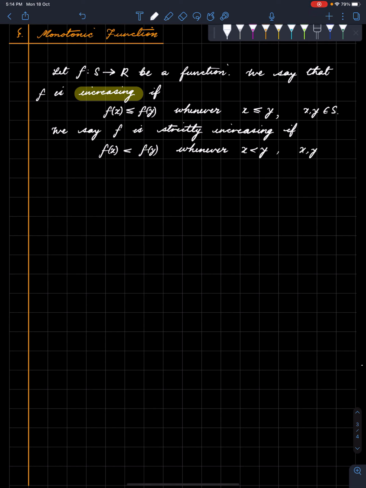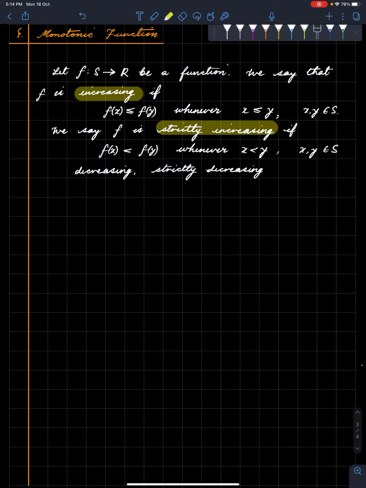Again, x and y in S. And similarly we define a decreasing function and strictly decreasing function. So these two terms one can define for oneself,